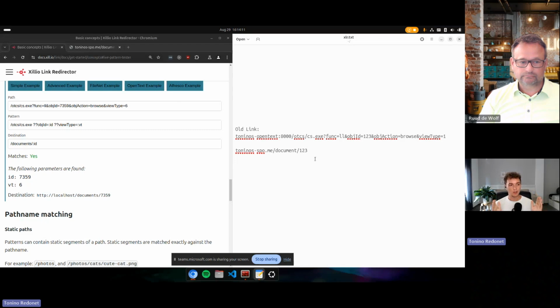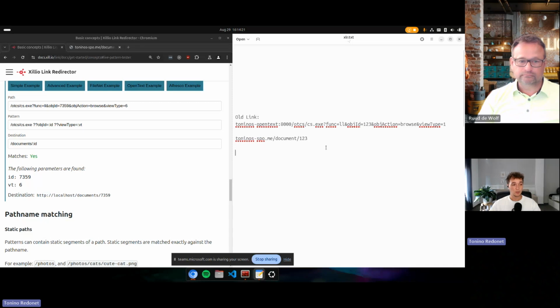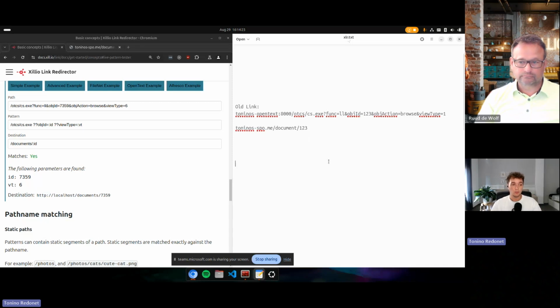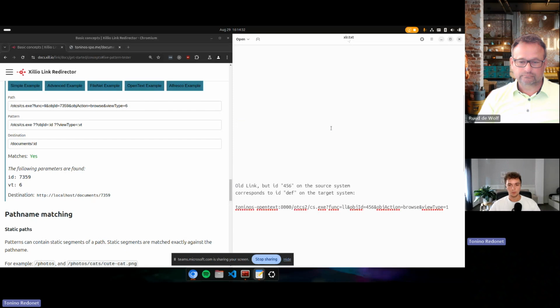We have a set of documents with old IDs, and a set of new documents with new IDs. This is also something that the link redirector is prepared for, especially because when we are migrating, we keep track of all those IDs in the process. So instead of this old link, I have a second example.